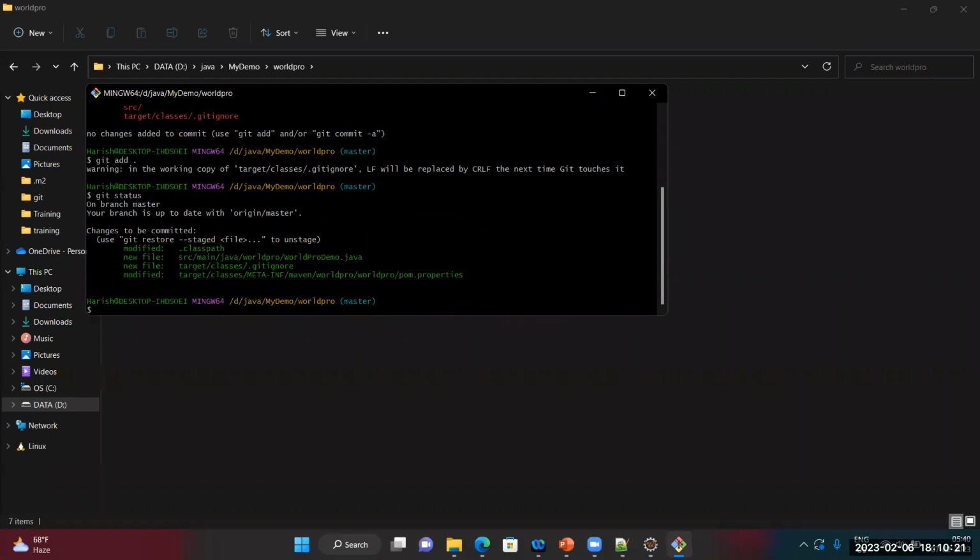So there are two things modified. One is the classpath modified, and a new file was created. And also some new file was created in the dot class files. And here also we have some modification for the pom.properties. So now, when it is under tracking, we can git commit